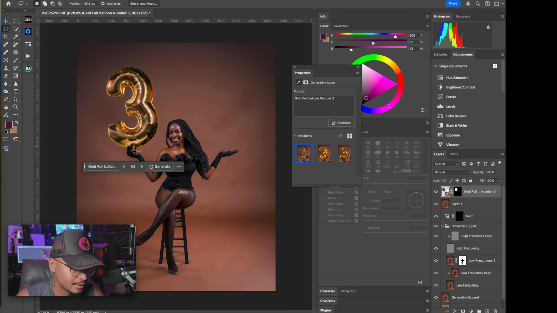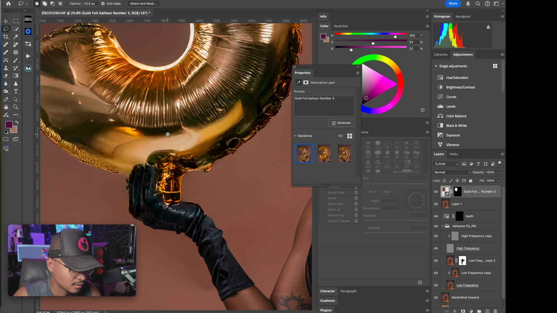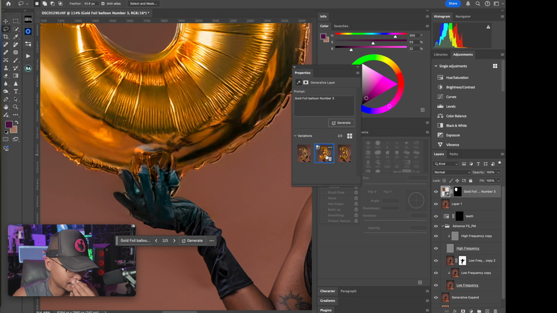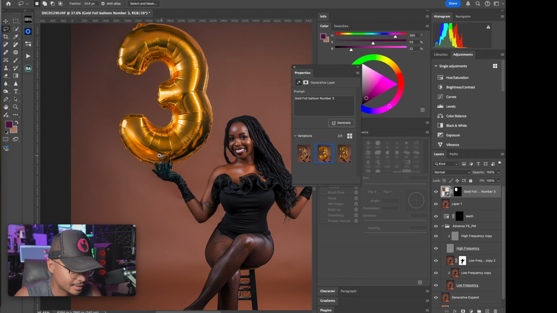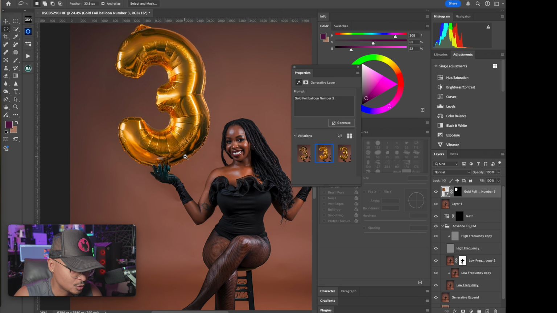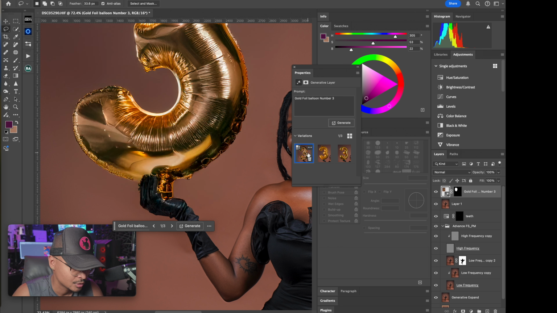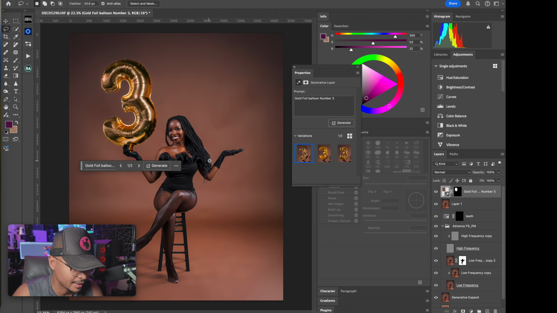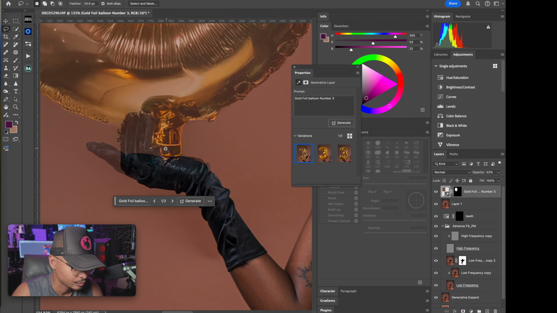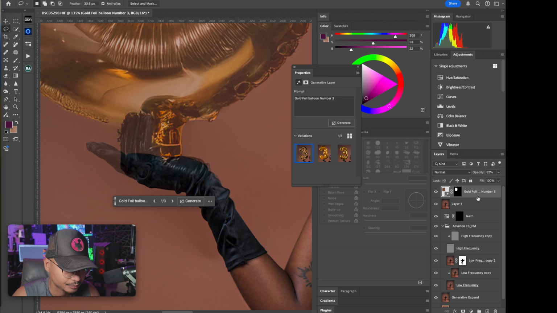Not bad. I'm thinking I don't like the way it did the fingers. Let's see the other one. Oh, this one isn't bad either. But the fingers still do look a little bit weird. Let's see the third one. Okay. So this one isn't bad. All right. What I'm going to do now is maybe mask out. Let me reduce the opacity and see. Okay, so I'm going to mask out the fingers here. Maybe,